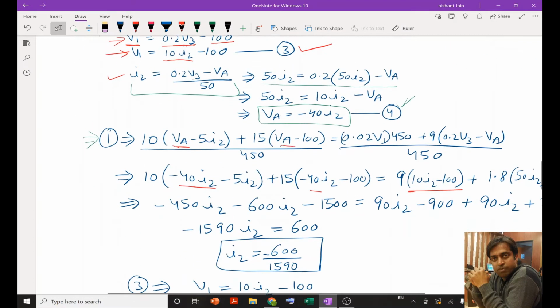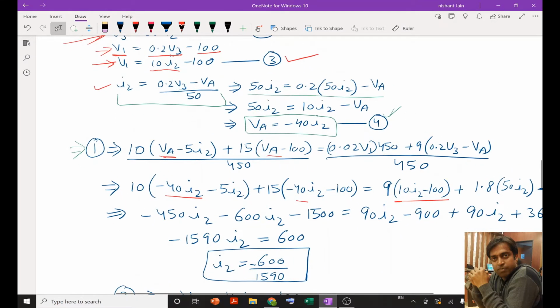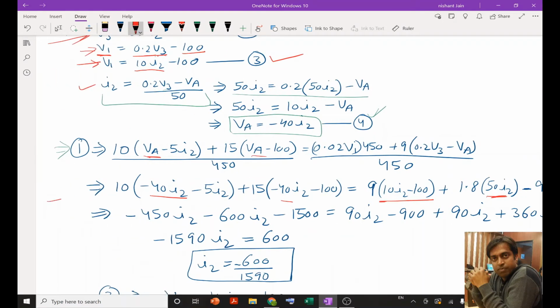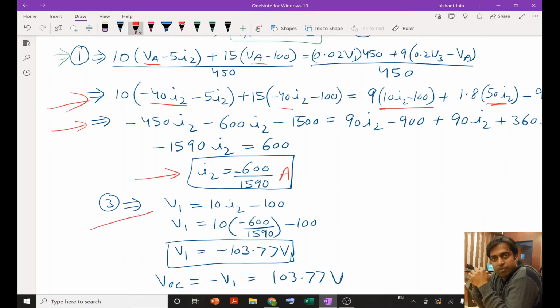So you can see it is 50 I2 over here, and VA is this. Okay, so substituting all these terms with respect to I2, I get this equation, and solving these equations, I will get the value of I2 as this, right? And once I get the value of I2, I can get the value of I1 using the expression that is there in equation 3,